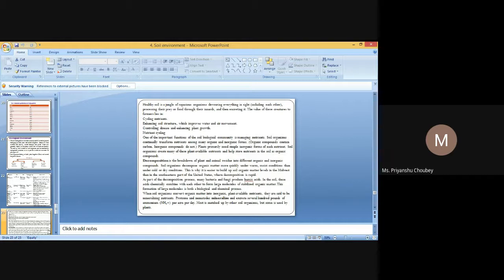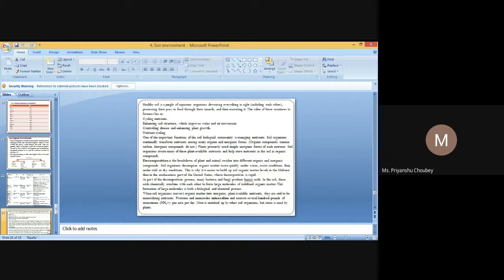They are excavating, and their value to farmers lies in cycling nutrients and enhancing soil texture, which improves water and air movement, controlling disease and enhancing plant growth. Nutrient cycling is one of the important functions of the soil biological